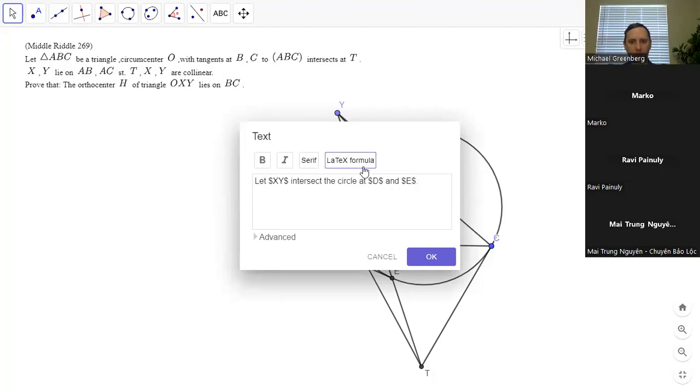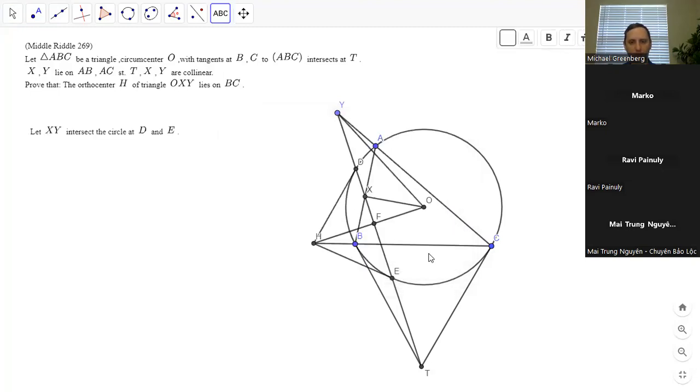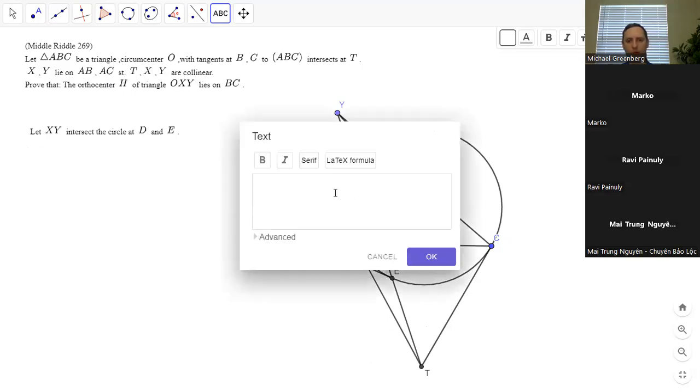Then here's my understanding. So then DBEC is harmonic. So you could also say it using poles and polars, I guess. I guess another way to say it is x lies on... what's another way to say this? I'll just do it like this. DBEC is harmonic, and so